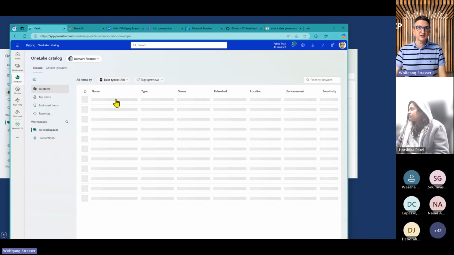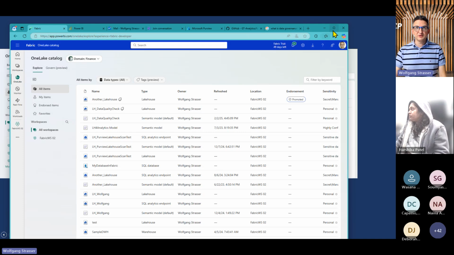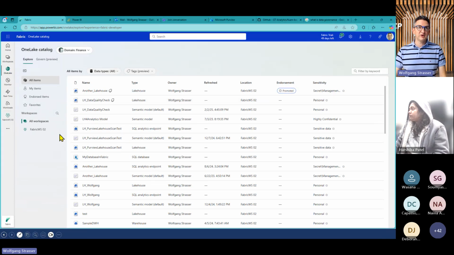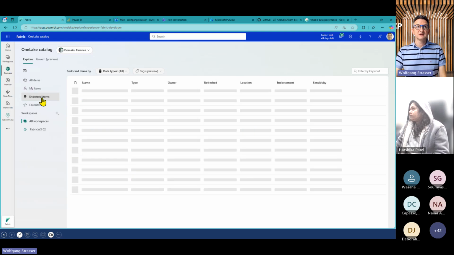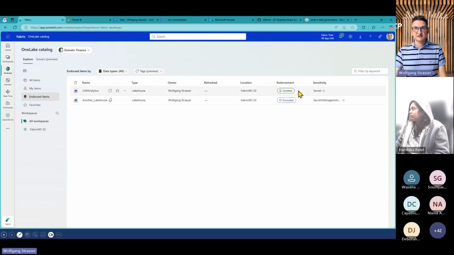If I open that one, I get the list of all the items that are in my Fabric environment. I can filter down to the items I'm the owner of. But I can also filter down to only endorsed items. Okay, and I see I've got 2 endorsed items. But that is not quite correct, because I've already set a filter.